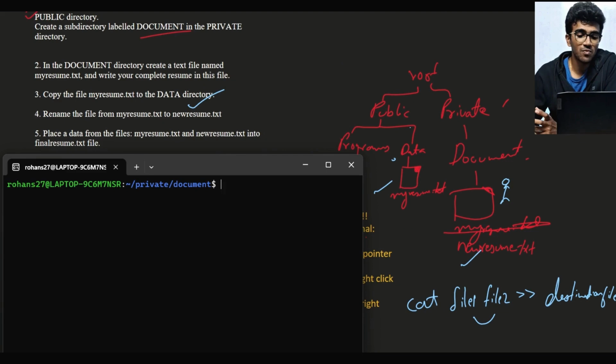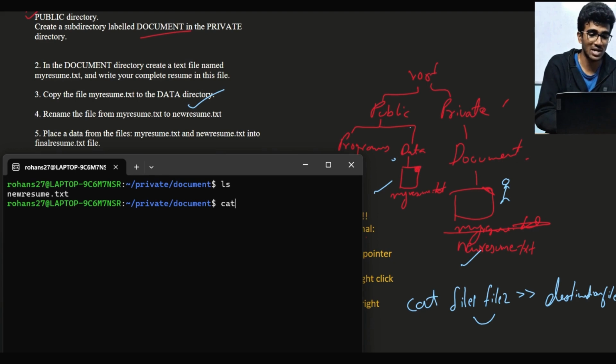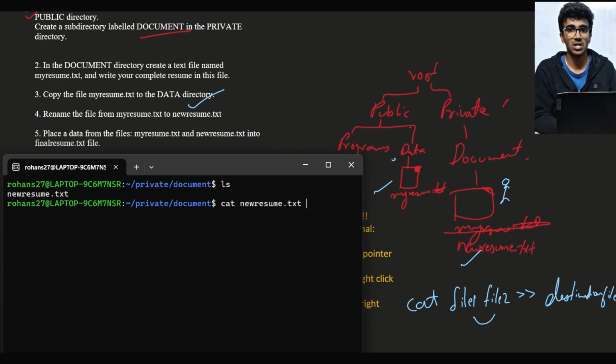The files which we want to combine: one is present in document and another is present in data, which is another directory. Now we are presently in the document folder where we have new resume.txt. If we want to combine two files, we know that we have to use the cat command space file1 space file2 double greater than destination file. File1 is readily available with us, that is new resume.txt. We are in that directory, so we can use it directly. So we write cat new resume.txt